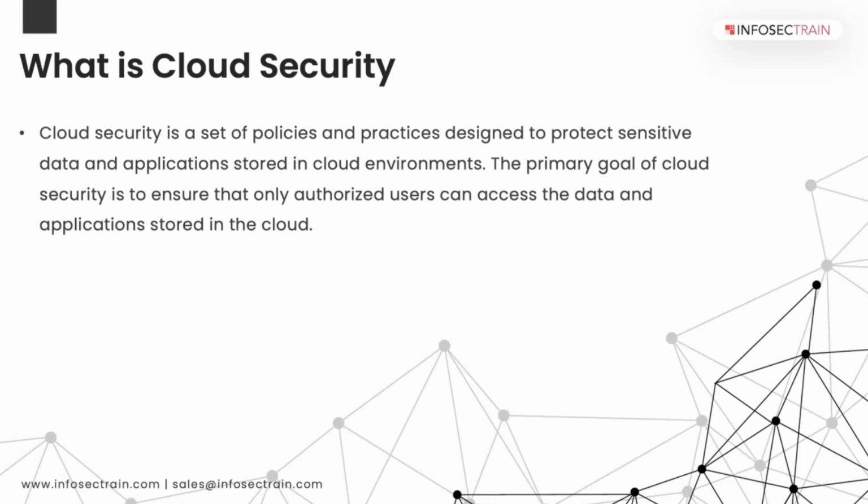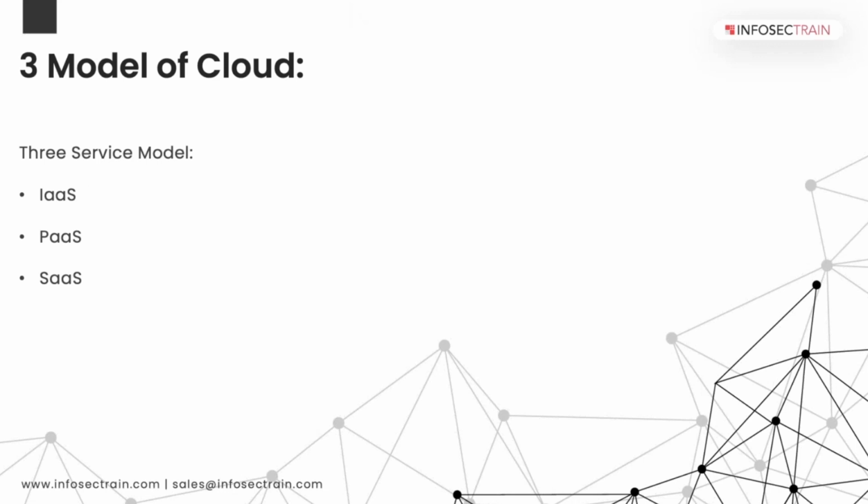When I'm taking the name of something like OneDrive or Google Drive, what kind of service do we call it? If you are talking about the cloud, there are three service models: IaaS, PaaS, and SaaS. So what kind of services are your Google Drive, OneDrive, and Dropbox? What kind of service will you consider them in these three models we are talking about? Either they are IaaS, infrastructure as a service, PaaS, platform as a service, or SaaS, software as a service.